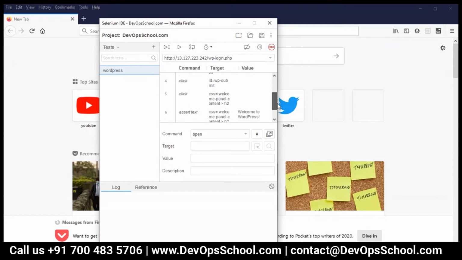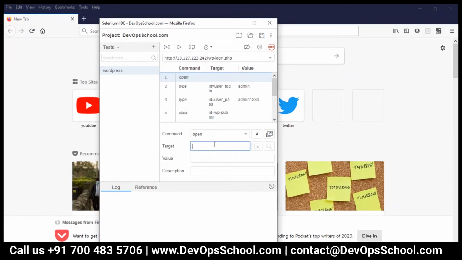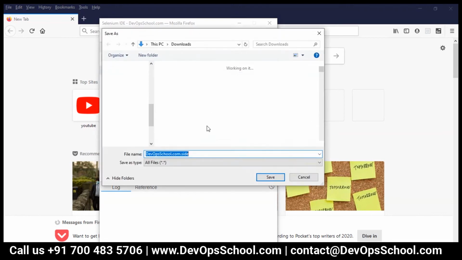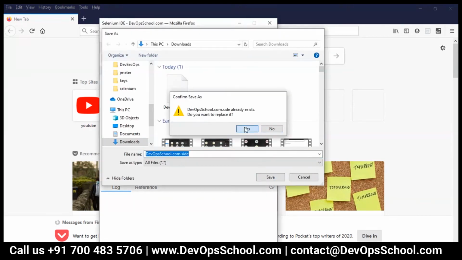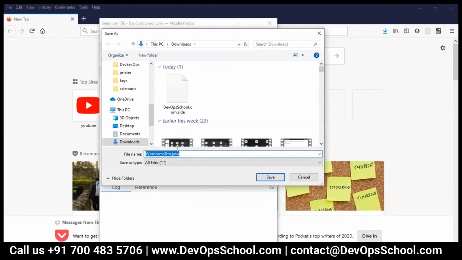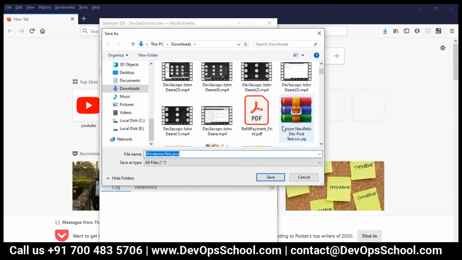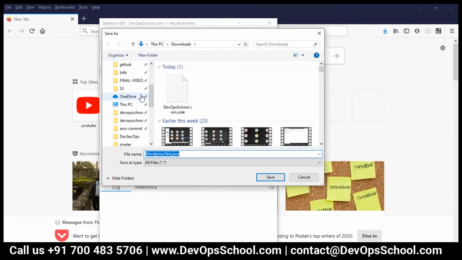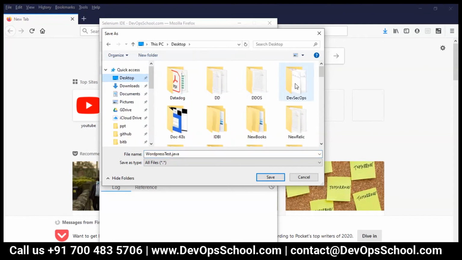Target is missing for open command, first one. That's okay. So what I'm going to do, I'm going to download this script in the documents, my directory which I am uploading for you.